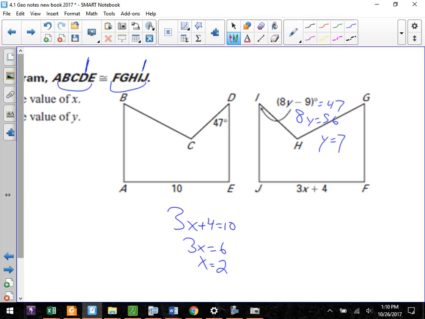Again, notice the algebra is not difficult. This is really straightforward stuff. It's just using the lettering to get you there. It's a mix. It'll have the algebra part, then it'll also have a congruency statement between a figure, and it's going to ask you, hey,